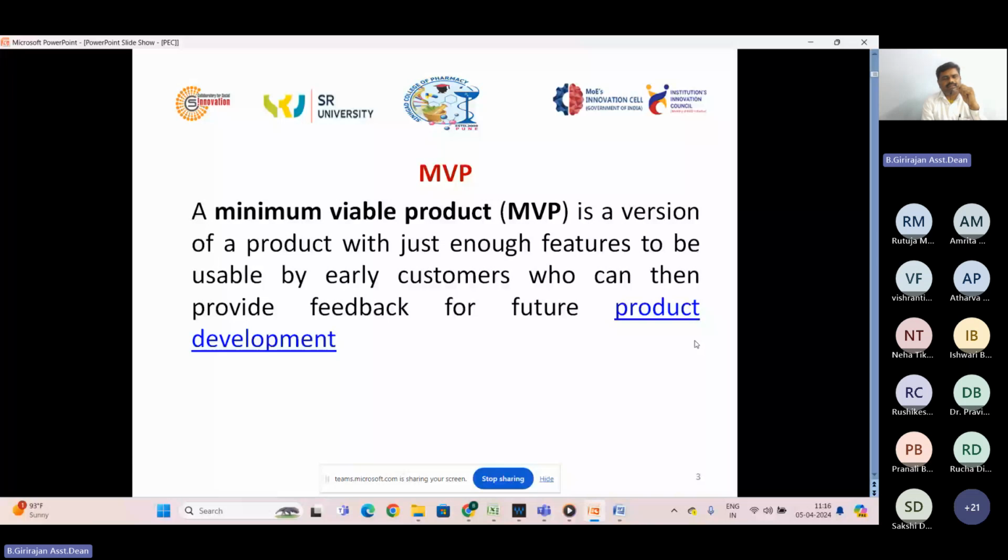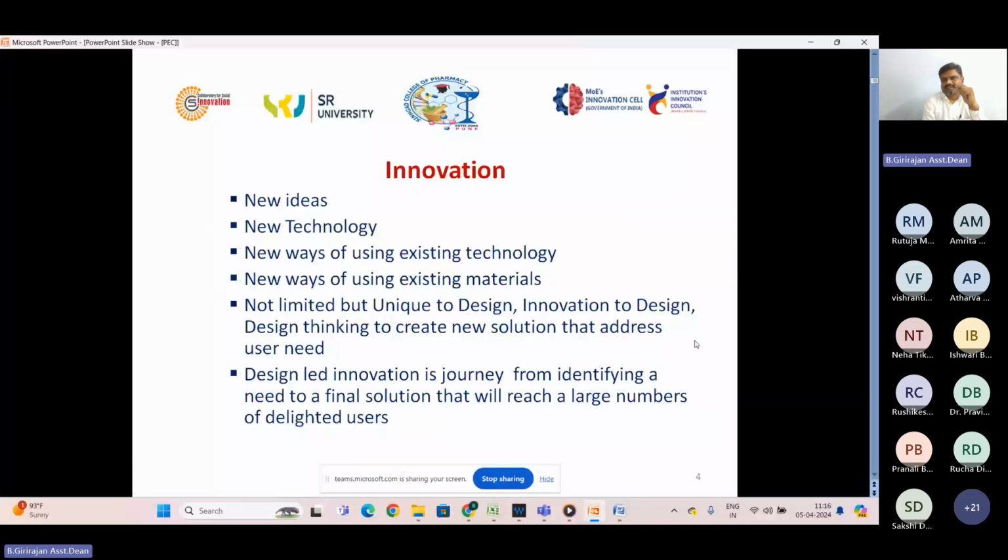What is innovation? Creativity, innovation, all this has some features here. There are many definitions for creativity and innovation.